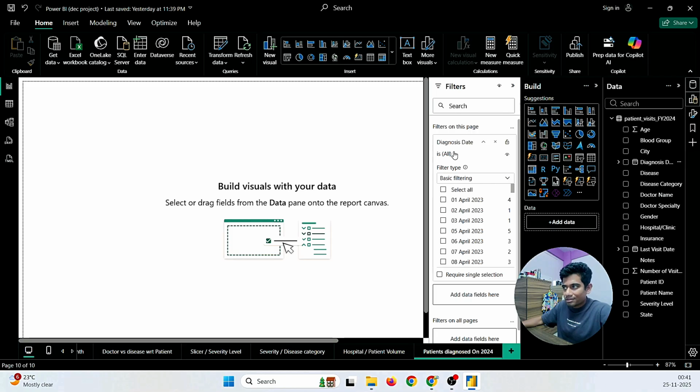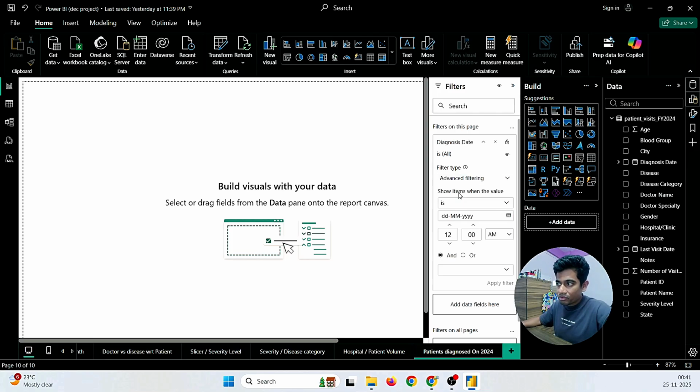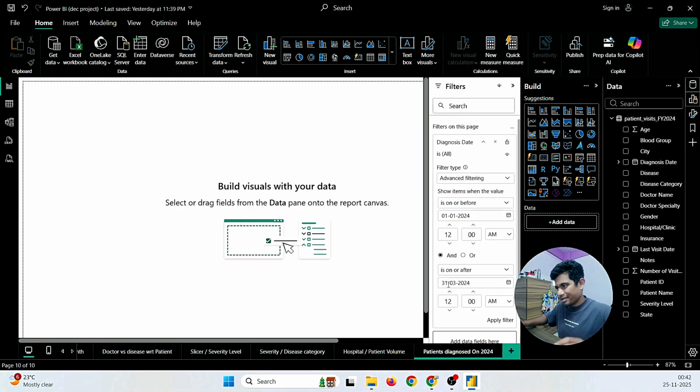Okay, just drag and drop this. You will get some options: basic filtering, advanced filtering, relative date, relative time, but we need to go to advanced filtering. You have to select on or before 01/01/2024, oh sorry, and on or after 31/03/2024. Okay, because we are taking care of the January month,